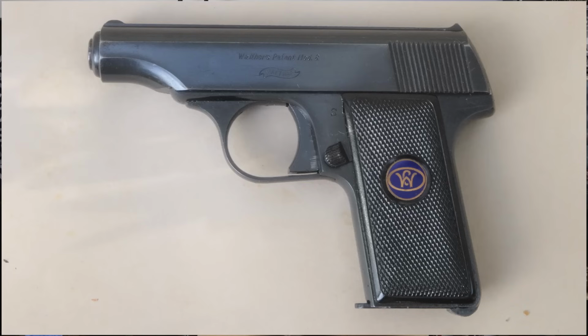Now we're talking about a company that actually started with rifles and air rifles, target rifles actually, in 1886, and they didn't make their first pistol until like 1908. And so their very first 9mm was the Model 6, which was very unsuccessful, blowback design, only 1,000 or so were made. But this company has continued to evolve and make some of the best pistols on the market, starting